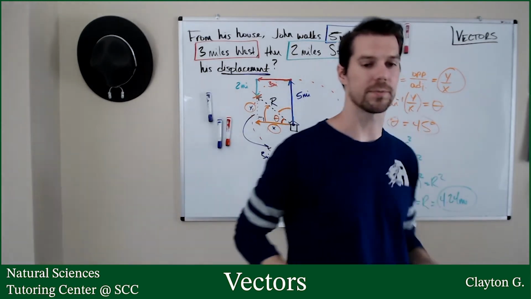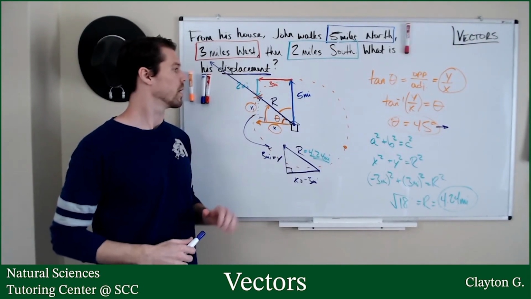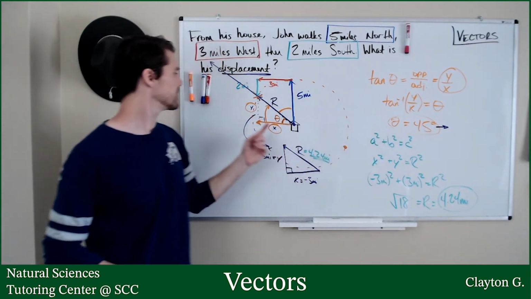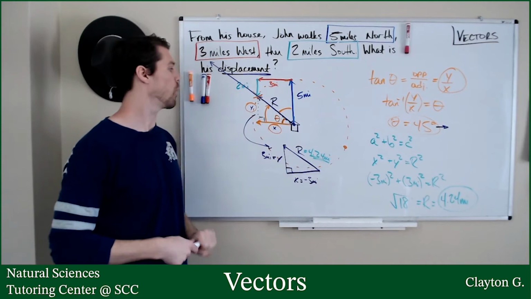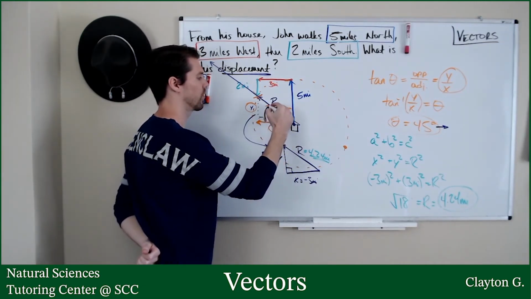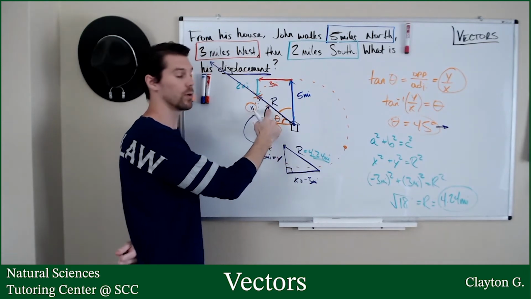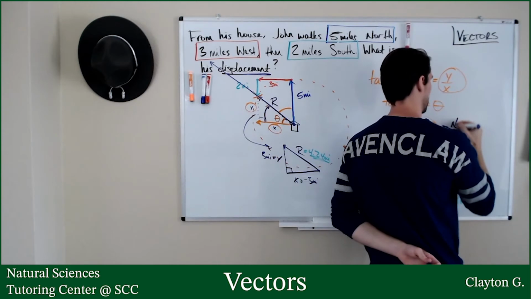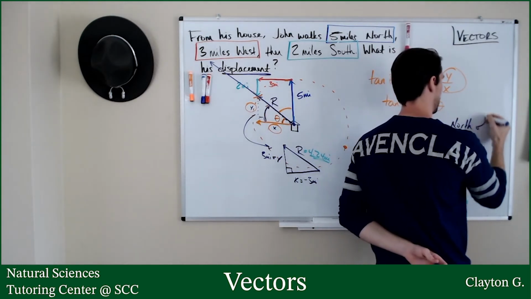All right, perfect. So we have 45 degrees, and this is north of west. If I go straight west and then I travel north from there, I will get to whatever this angle is, right? So let's say 45 degrees north of